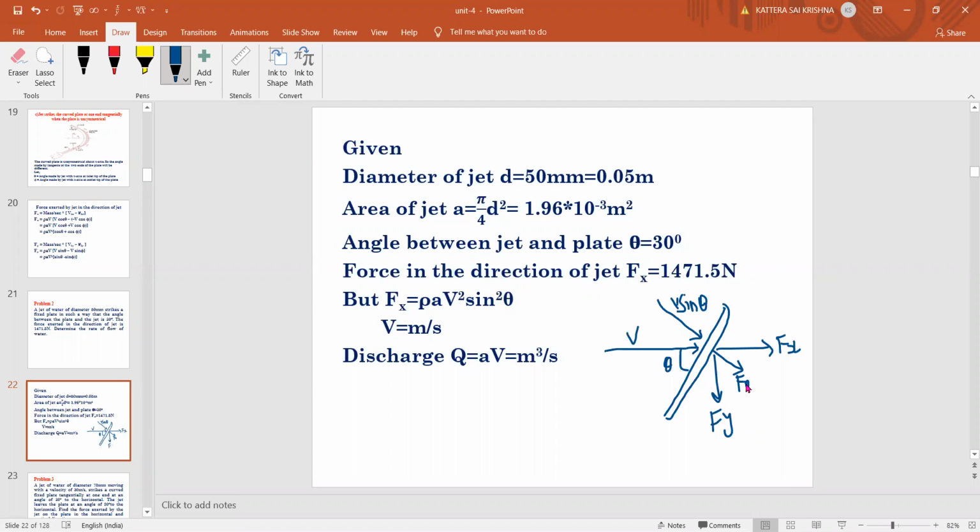Right. So here we are going to use only Fx. So what we need to know, in the direction of Fx, is the initial velocity in x direction and final velocity in the x direction. Okay, so first we know Fx equal to rho a V into, I'll write here, Fx equal to rho a V into initial velocity in x direction. What is that? What you'll get here? V sin theta in x direction we want now. V sin theta in x direction, that is V sin theta into sin theta. So V sin square theta directly.